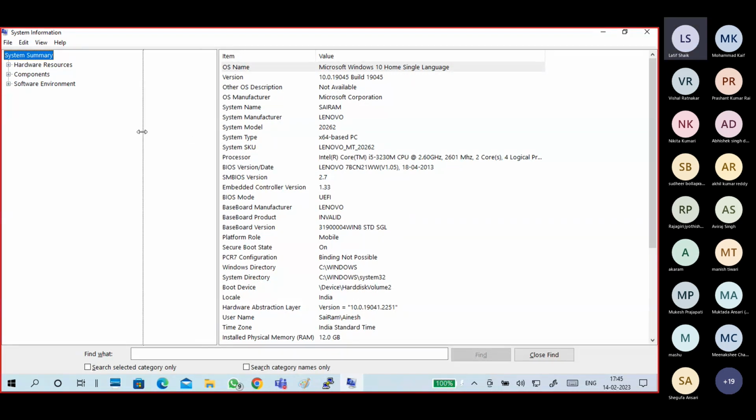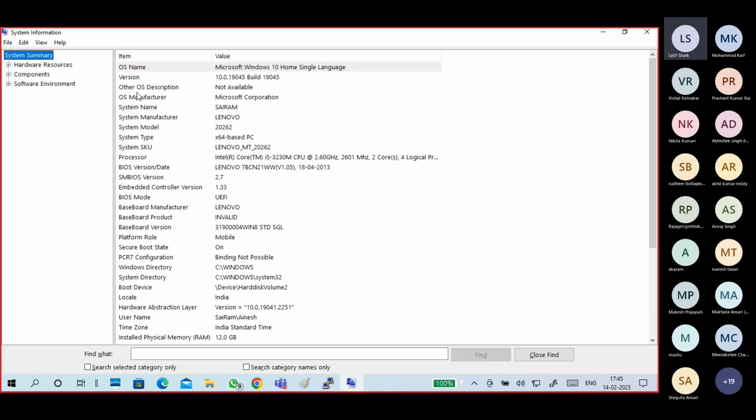So what are the things we should get about CPU? This is my CPU. This is my operating system. My RAM. So we got CPU, RAM. It's a 64-bit processor, and this is my operating system name. And the hard disk information is inside.